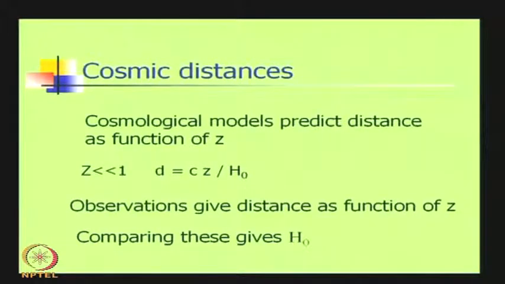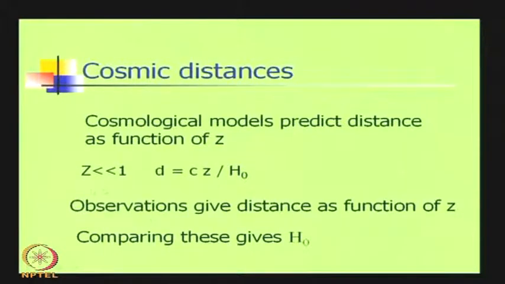So, this is a very important thing. All the distances at low redshift recover Hubble's law, and you can check that from the formula. And if you have observations at low redshift, then these observations do not depend on the cosmological model, they only depend on the value of H naught, which sets the overall length scale. C by H naught sets the overall length scale.